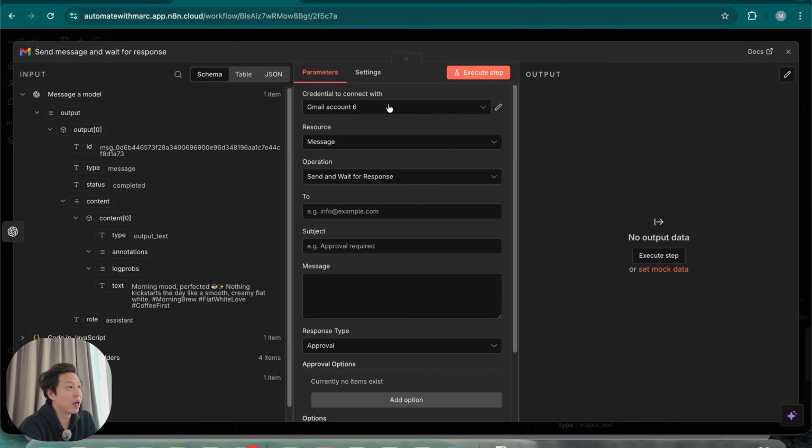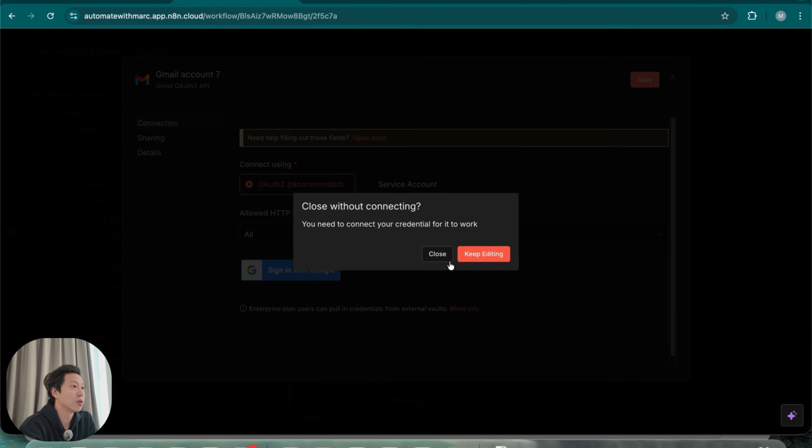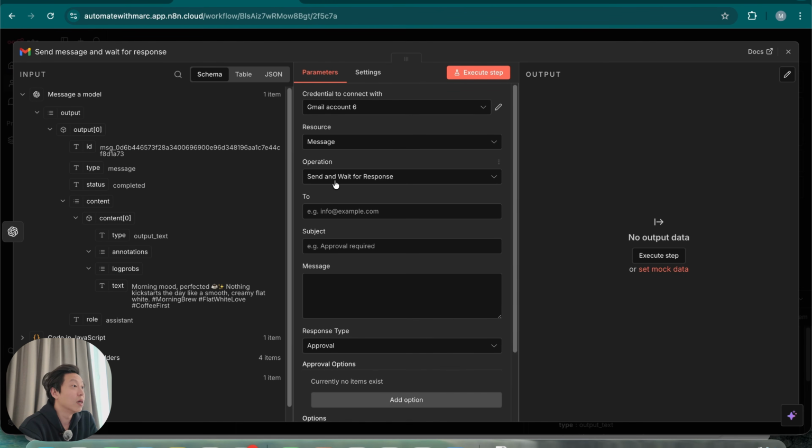So this is a Gmail node, and I already have my Gmail account connected, but if you haven't, you can easily connect that by signing in with Google, as long as you are opening your n8n cloud instance in the same browser, right? So just keep that in mind. So the operation is send and wait for response, and this is going to be sent to, I'm just going to put my email right here,